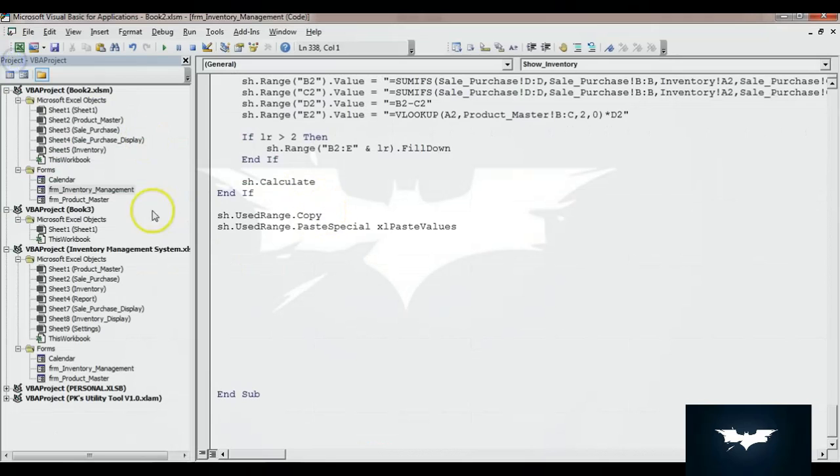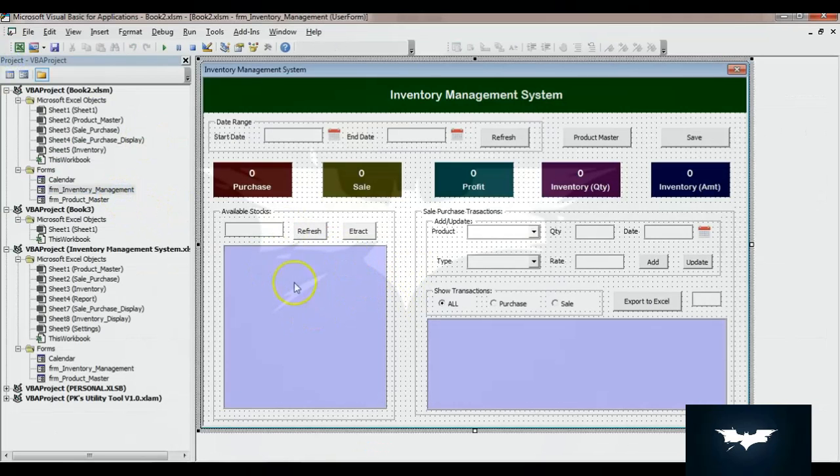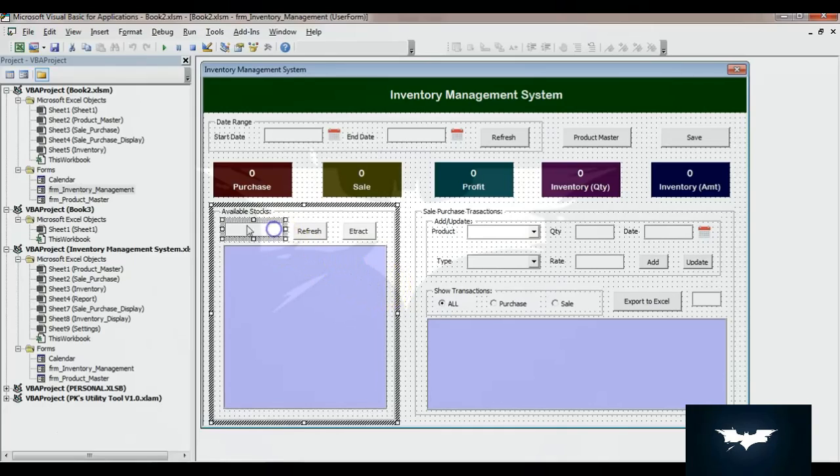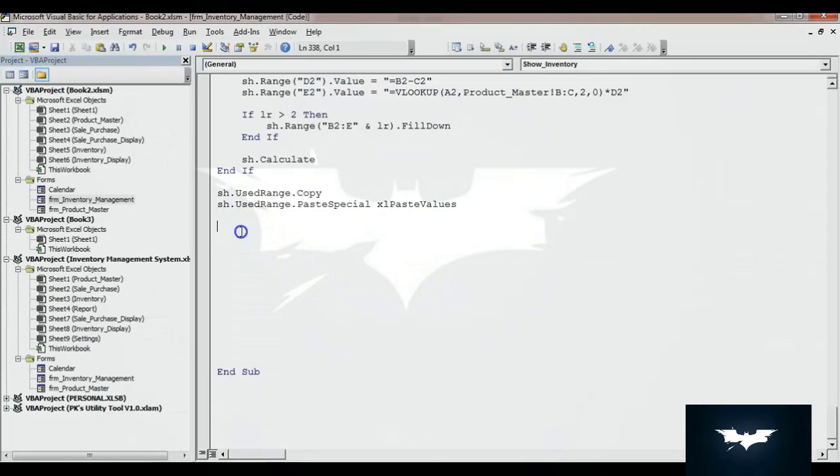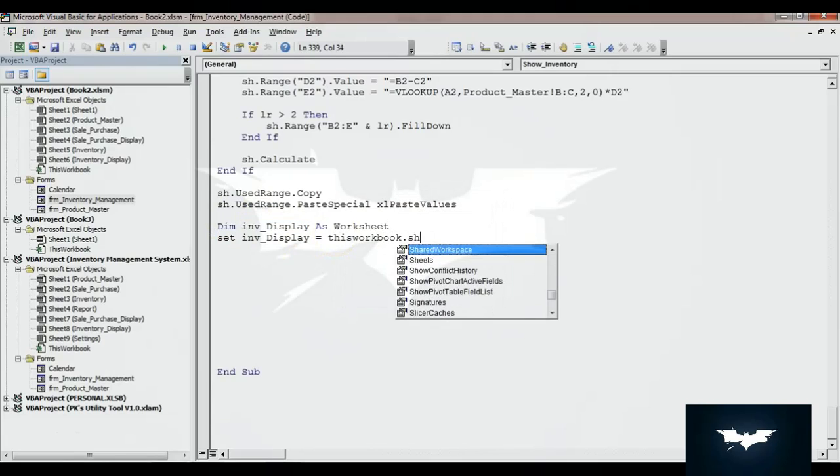Now let me go to the form. We cannot show the data directly from this inventory sheet because we have given some search option also. So if you type something here and you search, it should display the relevant product only. So what I will do, I'll create another worksheet and I will rename this as inventory display. Now we will copy the filtered data here to the inventory display and will display that data. So what I will do here, I'll take dim, let's say inventory display as worksheet, set, and I'll take this inventory display is equal to this workbook dot sheet